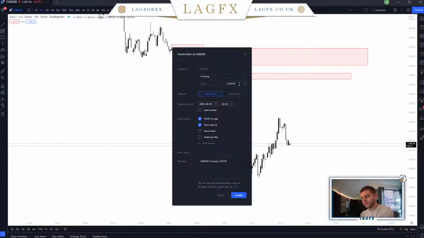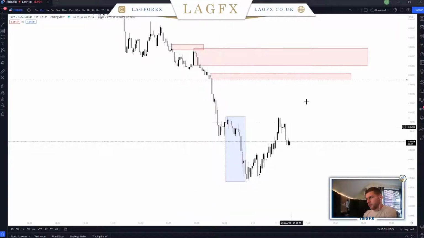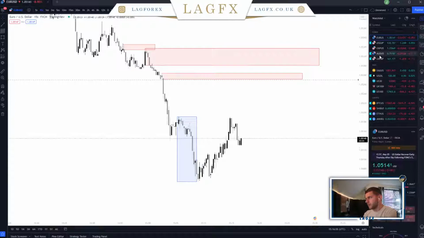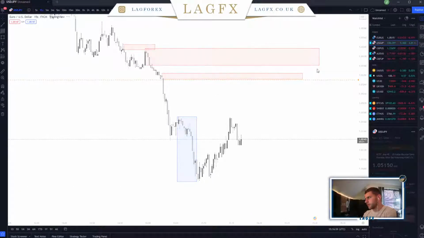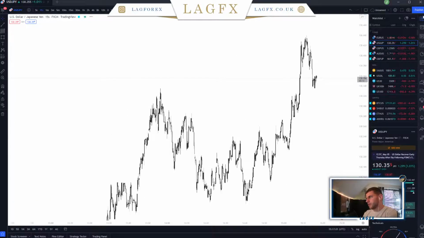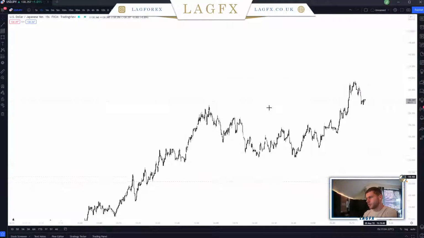So what we'll do is we'll set an alert firstly at this lower zone, so 1.0527. Alert. And what we can look to do here is just do a bit of analysis on a different market as price does its thing. So as I was stating with the dollar yen, the fashion that it has been trading in,